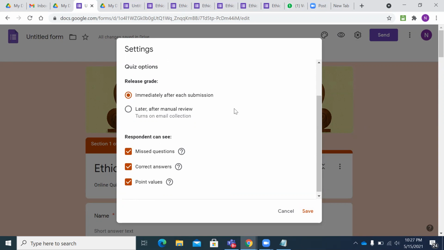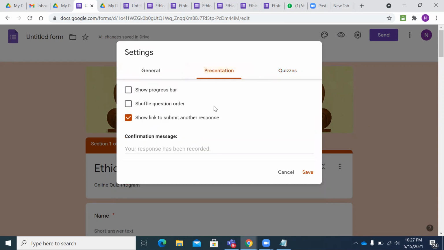So these three sections he is supposed to view on his profile. And let us click on the presentation. So here it shows the confirmation message. You can write the message the student gets once the form is sent successfully, for example, you have submitted the test.